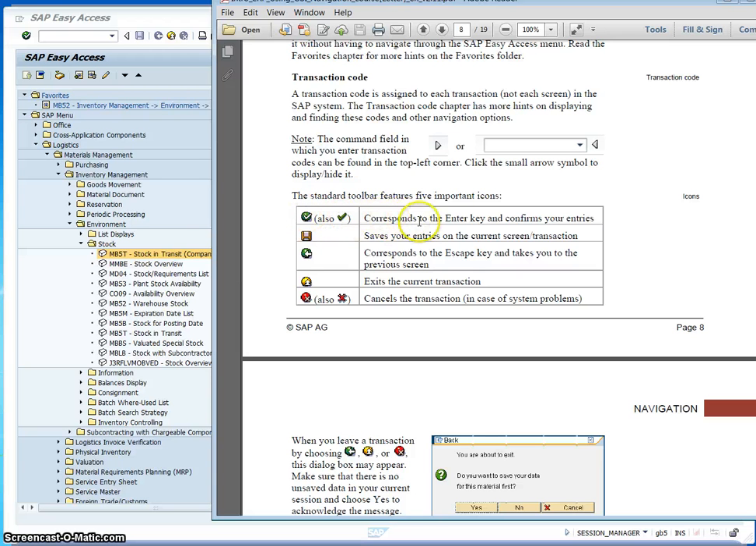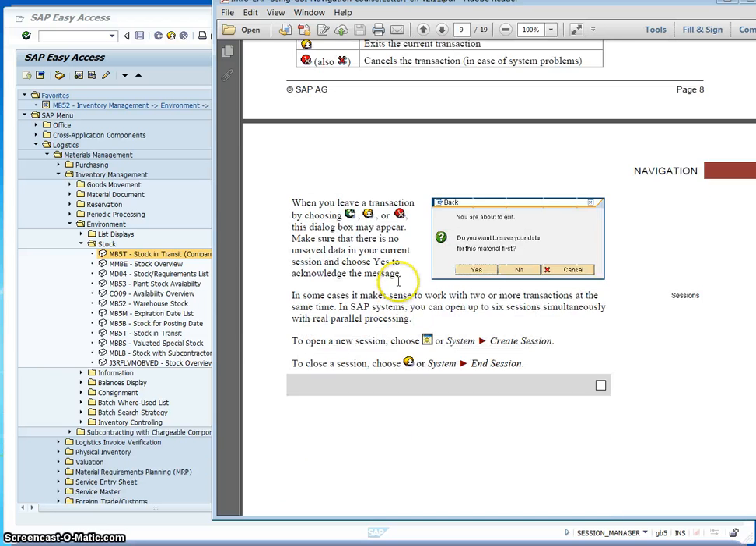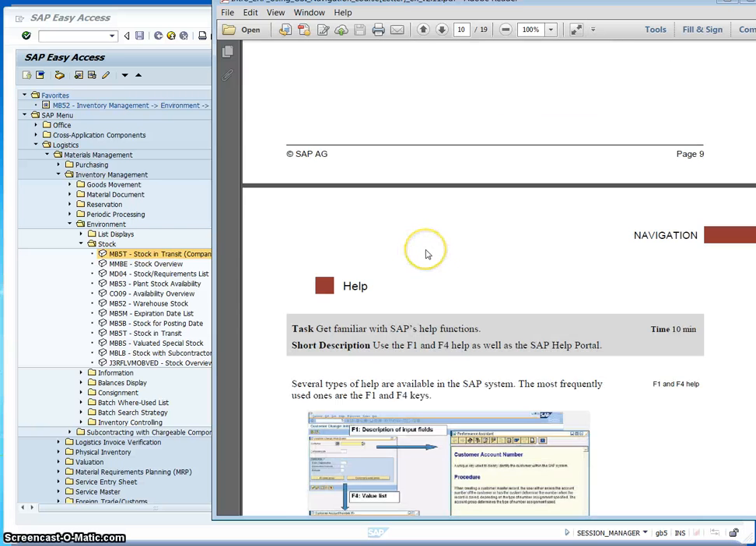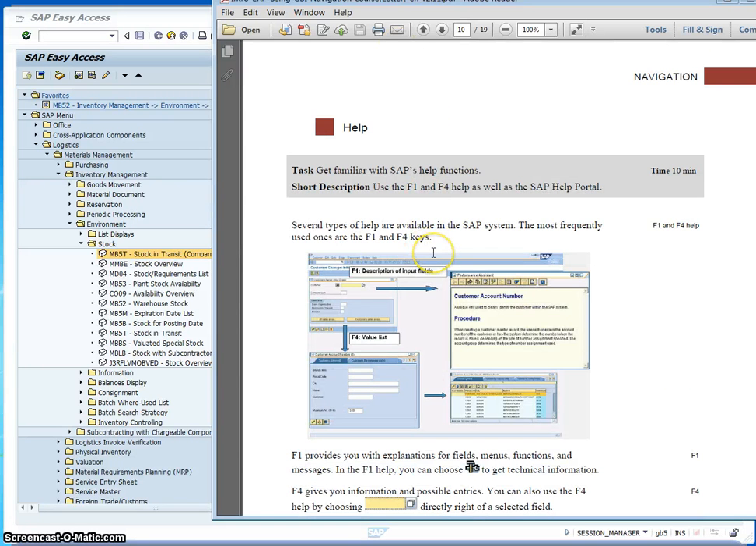That corresponds to the enter key, and this key is to save, this is go back, this is to the upper level, and this is to cancel. Okay, you will use them very often. Just read the file, and if you need help, there are some functions you can use. The help functions are F1 and F4